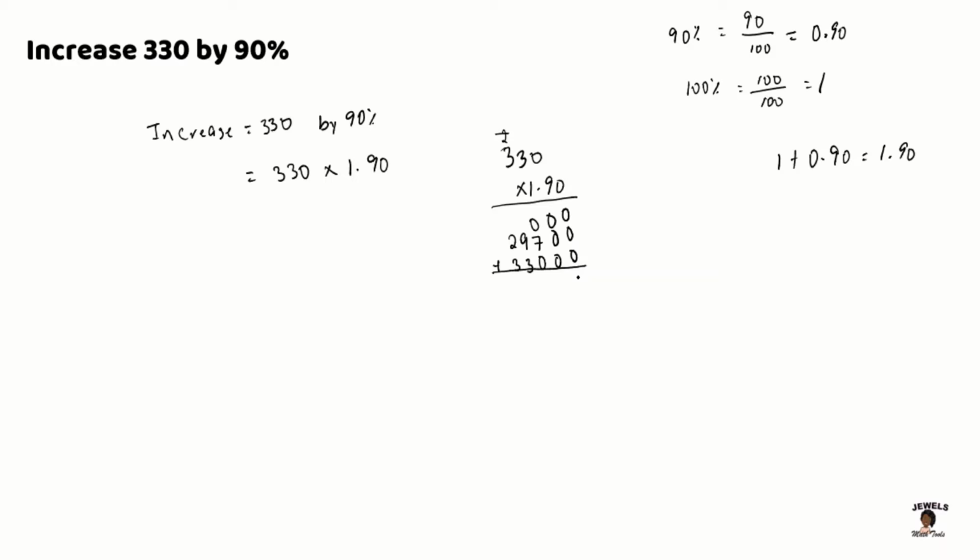So 0 plus 0s is 0, 0 plus 0s is 0, 7 plus 0s is 7, 9 plus 3 is 12. We'll put our 2, carry the 1. 1 plus 2 is 3, and 3 plus 3 is 6. So we're going to go back again and count our digits behind our decimal point. 0 in the first number, 2 in the second, and in our answer we should have 2 digits behind the decimal point. So we'll count 1, 2, and input our decimal point. So our increase on 330 is